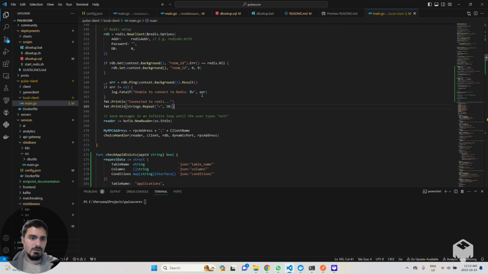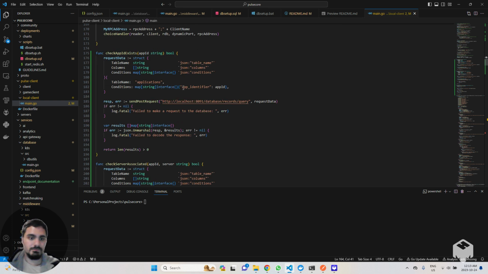No, here. So when everything is done, when the local client managed to run successfully, right before passing the token to the choice handler and simulating the behavior of the client, we're setting up my RPC address value to RPC address semicolon plus client name. It's our unique identifier for every user in the server. So back to the